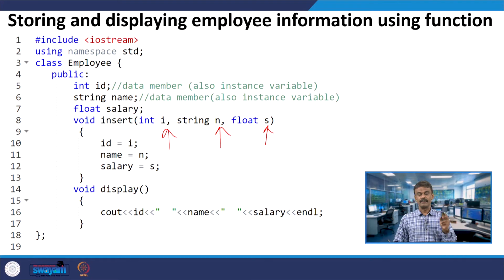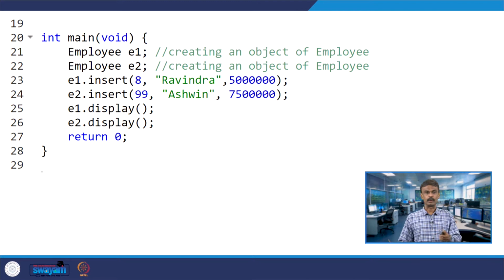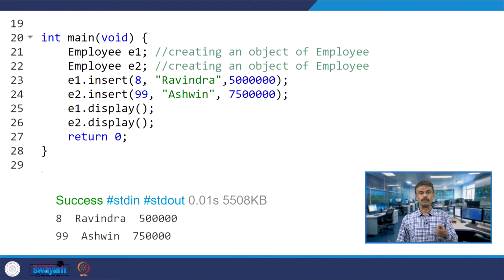Then when E2 is invoking display, all these values will be printed. You can see line numbers 25 and 26, E1 is invoking display and E2 is also invoking display, and you know that whatever is in line numbers 23 and 24 should be the output.